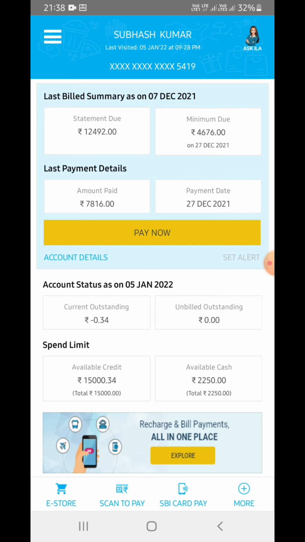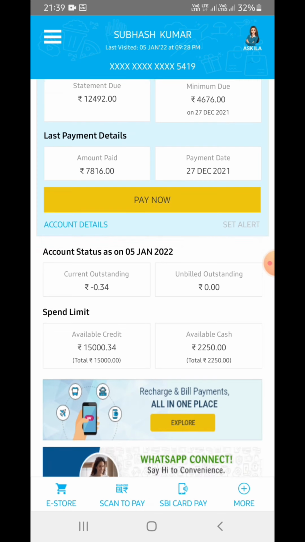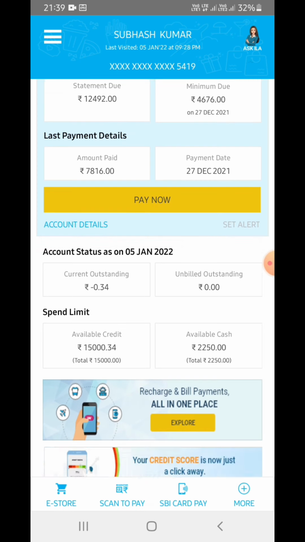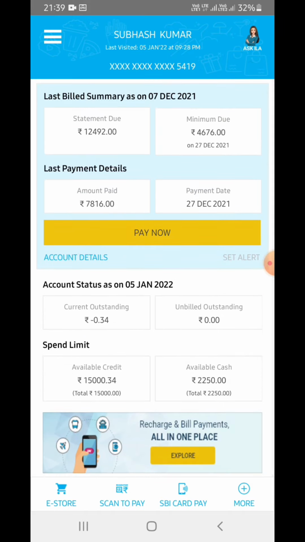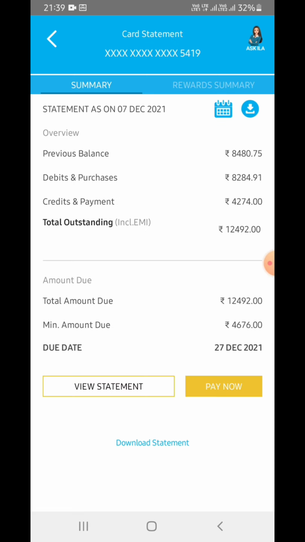I have to pay, and you can convert that amount into EMI also. There are a lot of options available. Here you can see account details, and you can get card statements, like the previous balance, amount due, minimum amount due, and due date; everything is written.